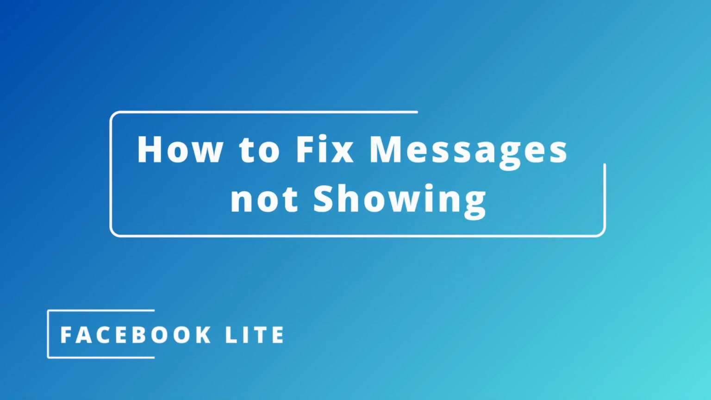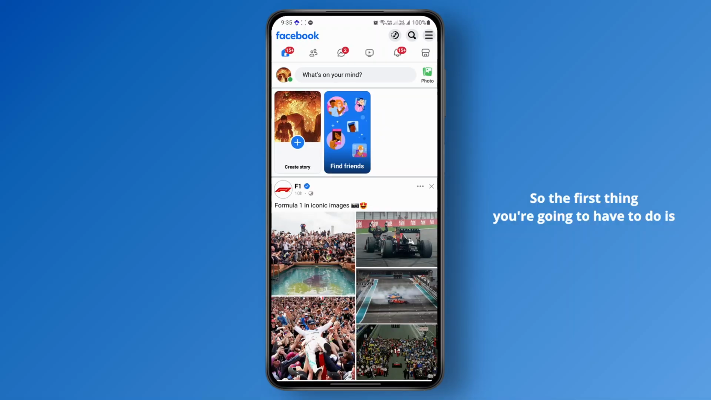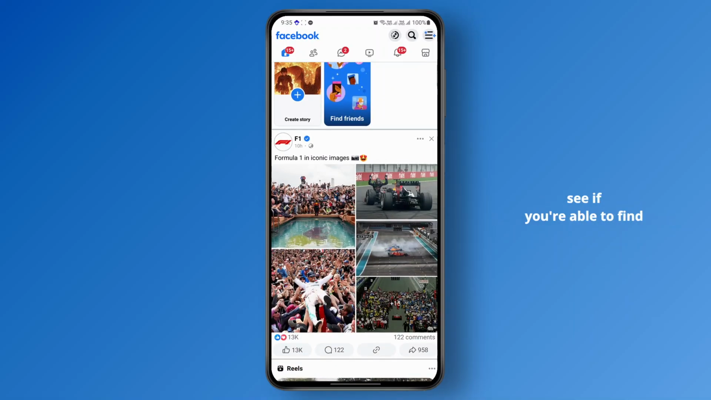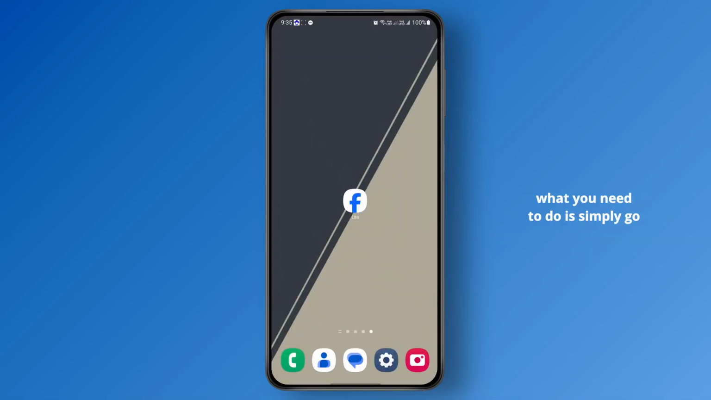How to fix Facebook Lite messages not showing. In this video, I'll show you guys how you can fix this problem. So the first thing you're going to have to do is see if you're able to find messages on Facebook Lite. But if you are unable to do so, then in that case, what you need to do is simply